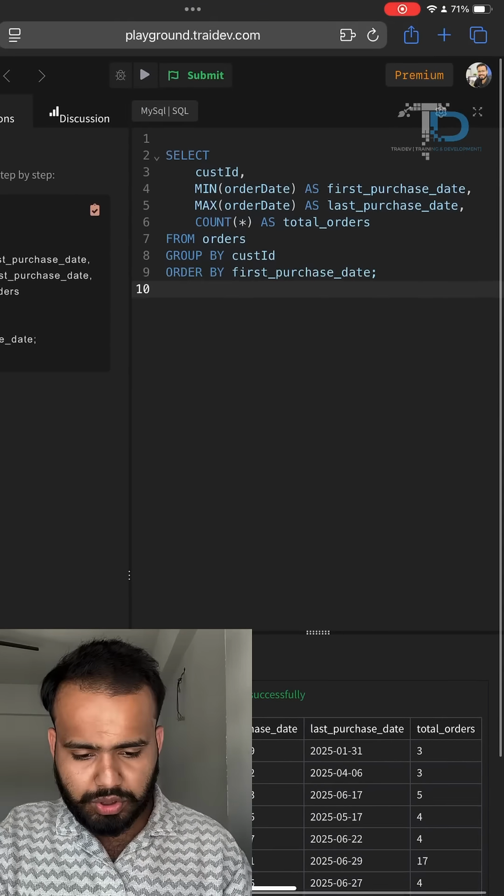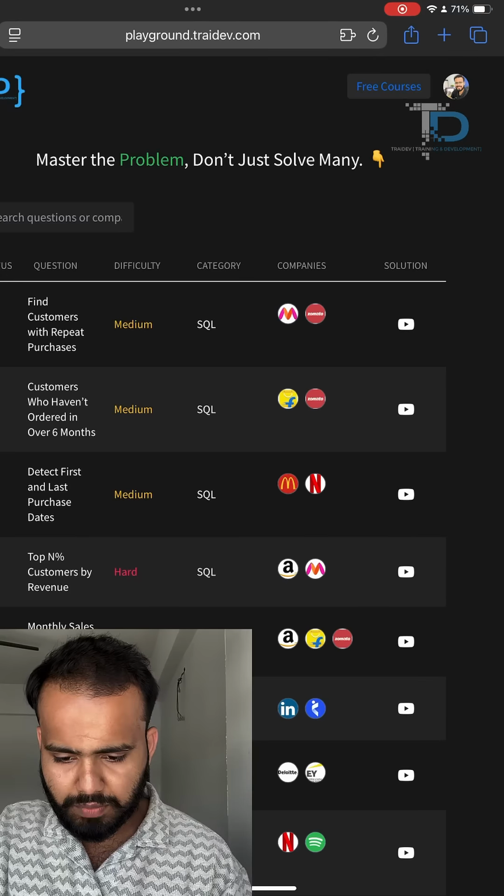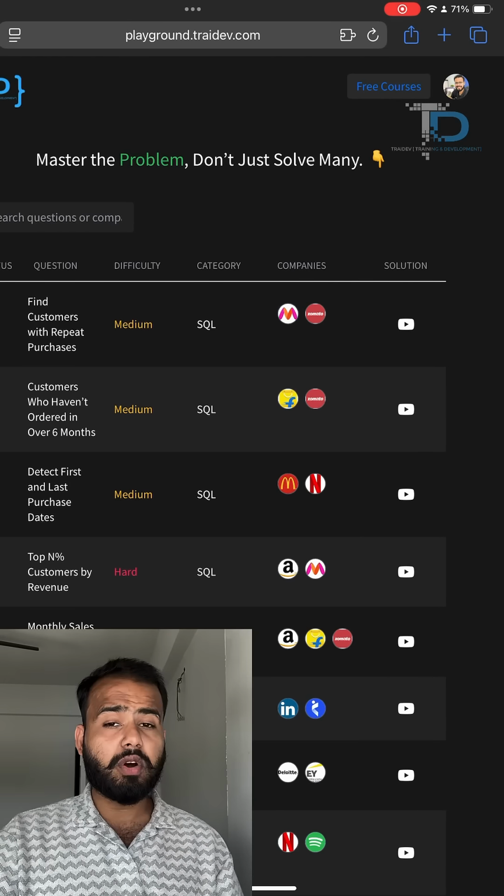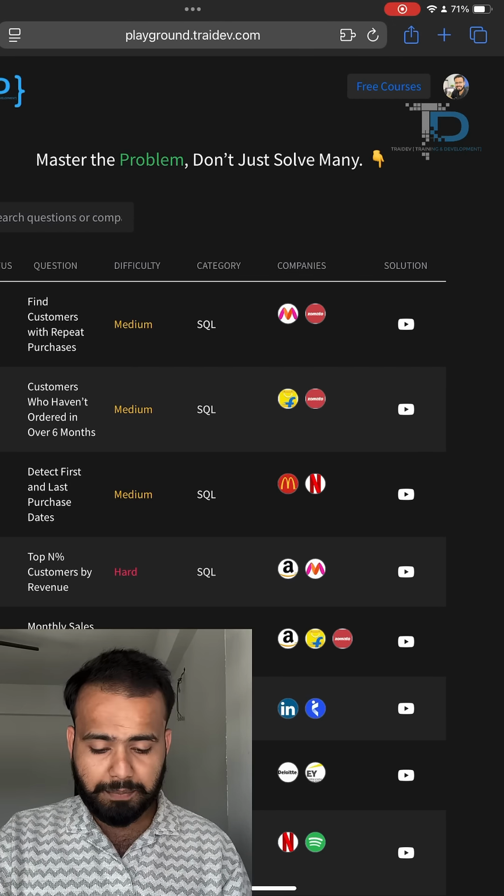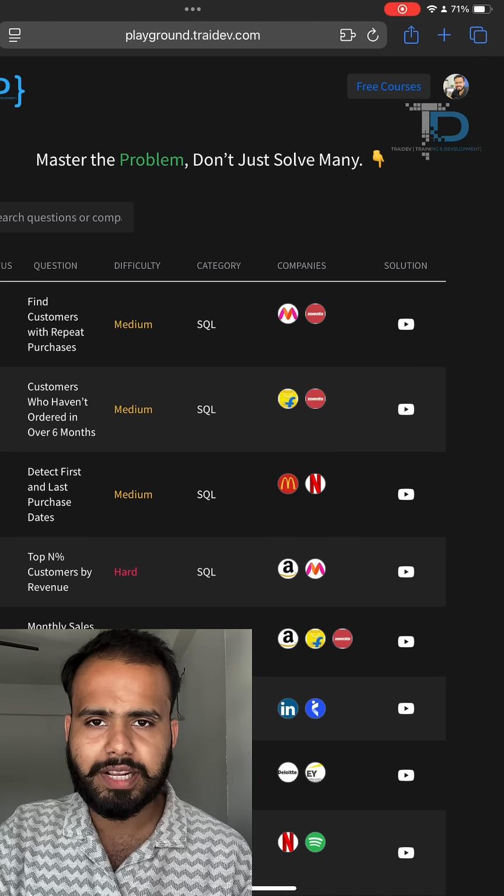So guys, if you want to solve this question, as you can see here, you can go to playground.tritype.com. I will show you that. You can solve many questions from big companies, FAANG companies, or Big Four companies there, and you can easily solve this, and somebody will answer and check your totals. Okay.